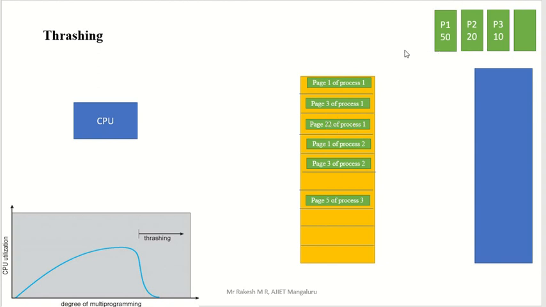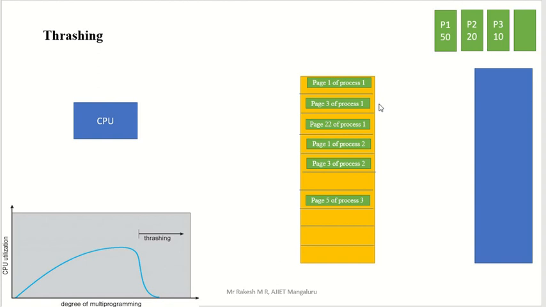And page 22 of process 1. In total we have 50, right? The 22nd page we took here. Like this, page 1 of process 2, page 3 of process 2. Like this we took one page each into main memory. By that, the CPU thinks that all the processes are in main memory. You can see process 1 is there, process 2 is there, process 3 is there. But actually we are taking page by page. That is just an illusion for the CPU, that all processes are here. That is called the virtual memory concept.